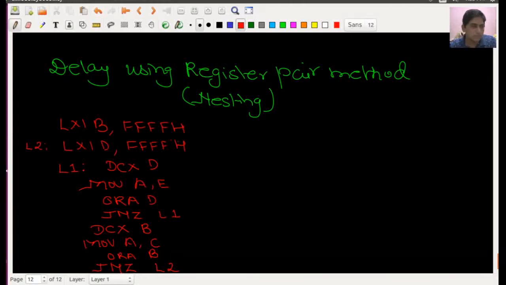Okay, so I will show you one more thing: from here to here, this is my inner loop, and from here to here, this is my outer loop.